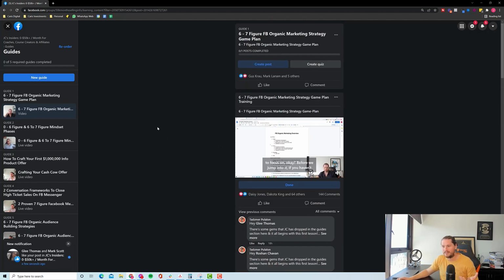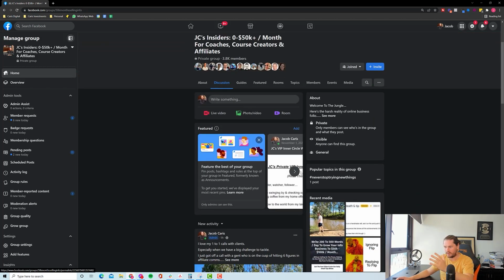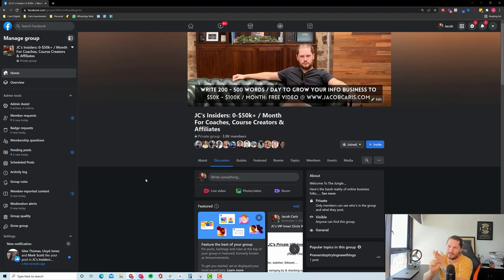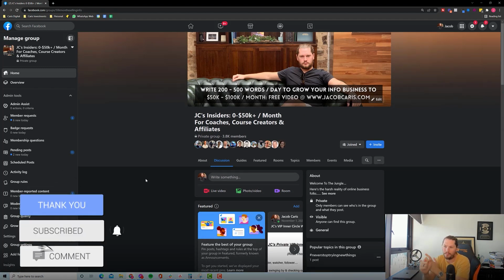Those are the key features of it. You're building a place where you're going to add value, where people can come and see what you're all about. They can connect with you and your team, and they can click around, look at your different offers, all of that kind of good stuff. Remember, it's not about the size, it's about how effectively you're able to monetize it for your business.